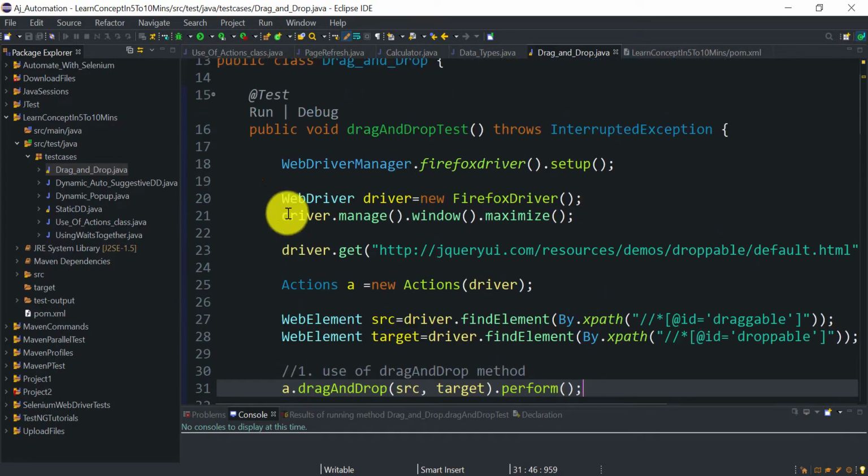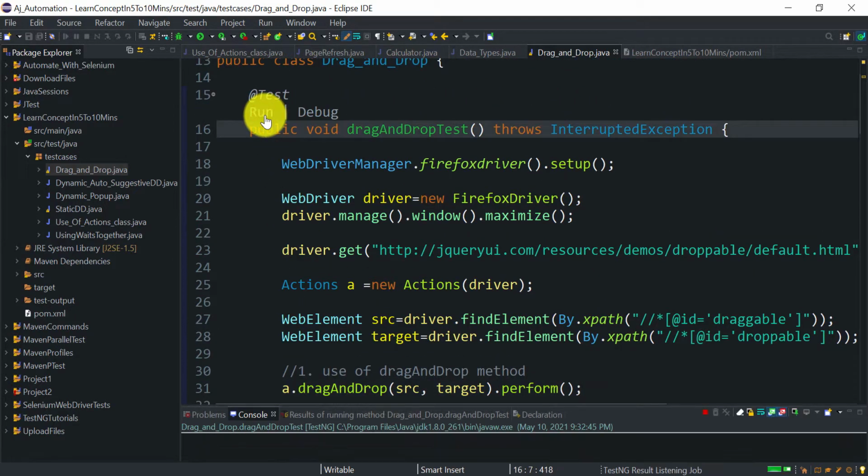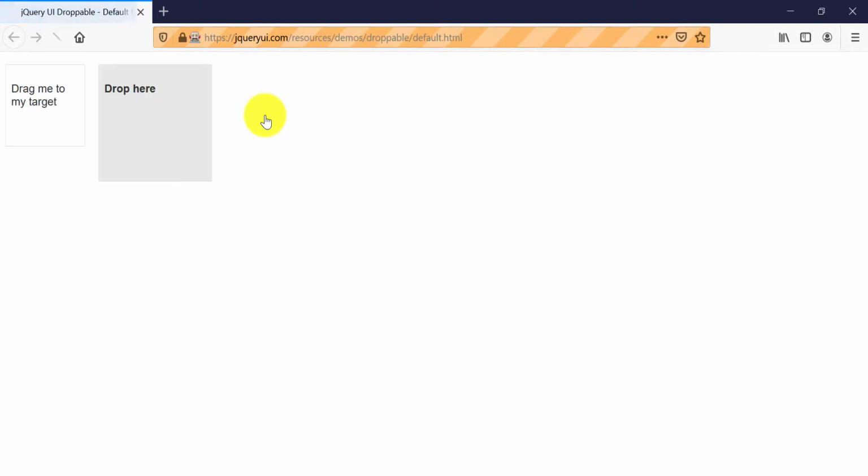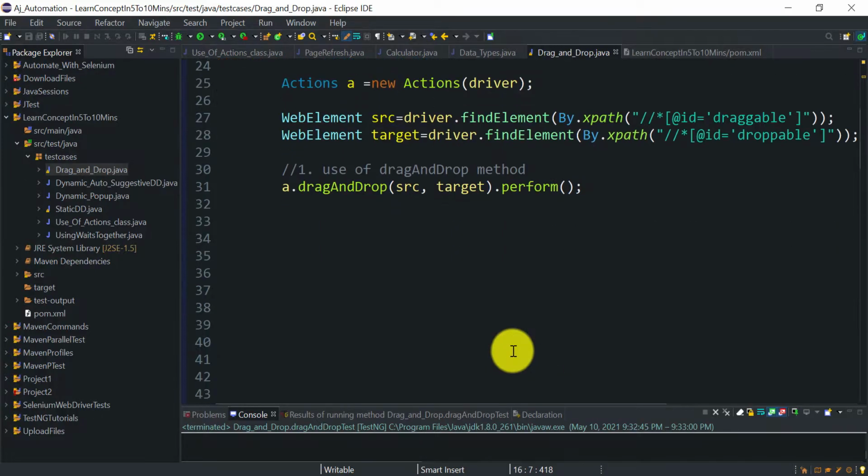So let's go and see if it is running or not. It will go to that website, and now you can see that it has successfully dragged that web element into the other target box. So we have used the ready-made dragAndDrop method from the Actions class.